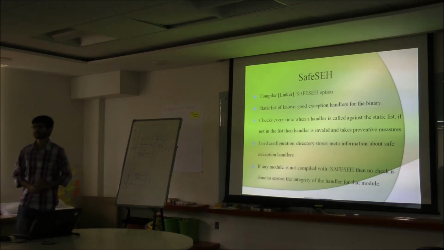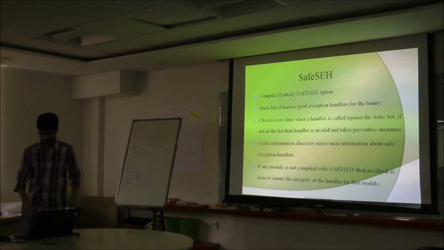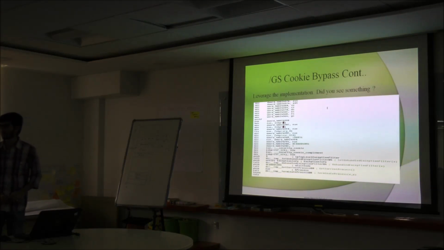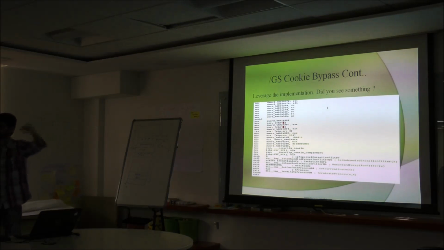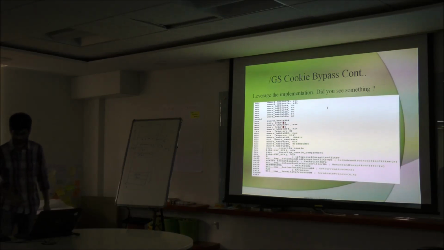Any questions? Can you please go back to the previous slide? If the developer has put a terminate condition after an exception is found, in that case how are you going to bypass it? Can you please repeat that? Which one, the security exception? Yes. Before calling the actual terminate function, you see that it's calling a handle exception filter, the set unhandled exception filter, which is used to set the address of that handler. And then you have this function calling it, which is the function that you call when you handle the exception.